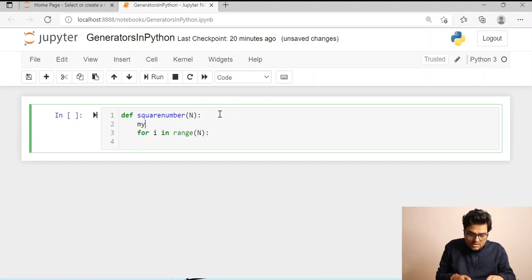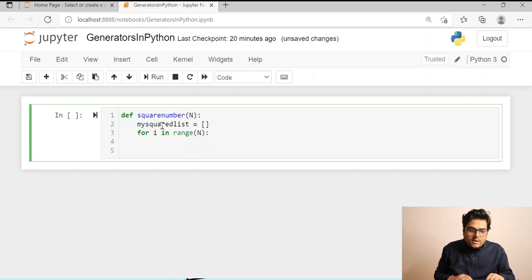So let me say my squared list is equal to an empty list. For i in range n, I'm going to append the squared numbers. So I will say dot append.